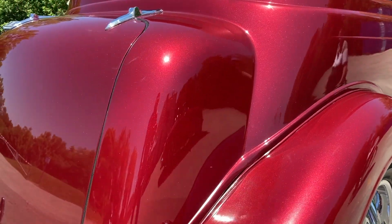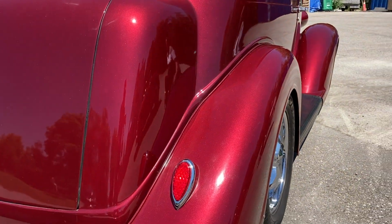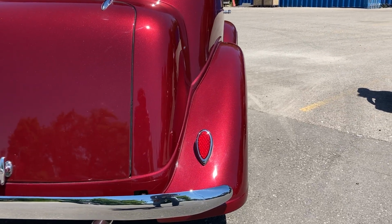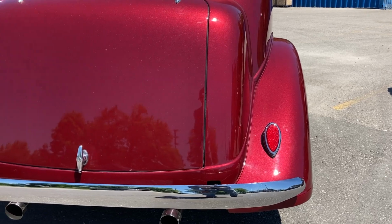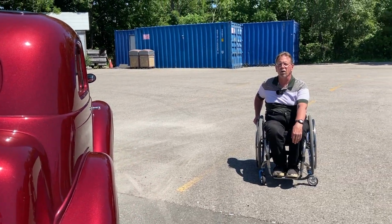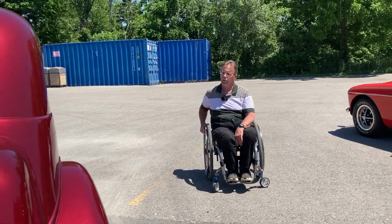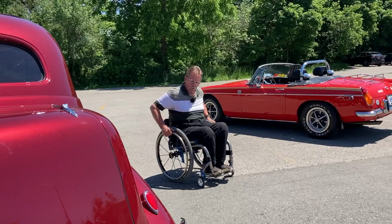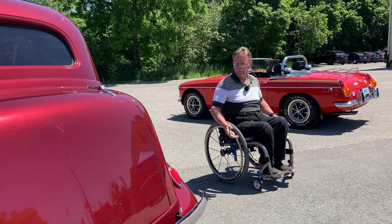There were 6,149 units of these built, and in 1936 these were priced at $625. My God. Yeah. To give you a little history of Plymouth, when Chrysler was